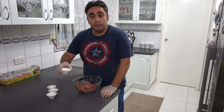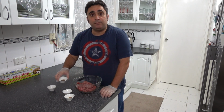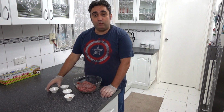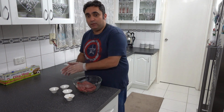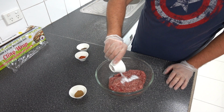1 tablespoon of cumin, 1 tablespoon of salt, 1 tablespoon of black pepper, and 1 tablespoon of chili flakes. So what I'll be doing next step, mixing all these ingredients with my minced meat, and then I'll foil it up and keep it in the deep freezer overnight, and then tomorrow I'll show you guys what I want to do. Salt goes in,